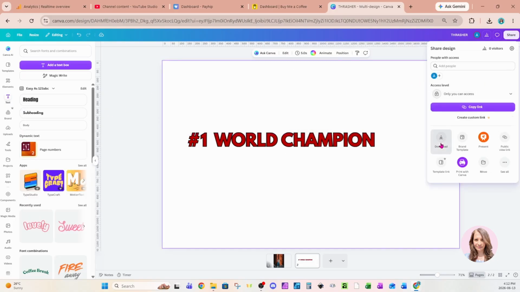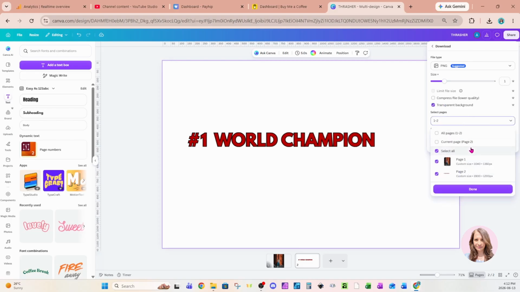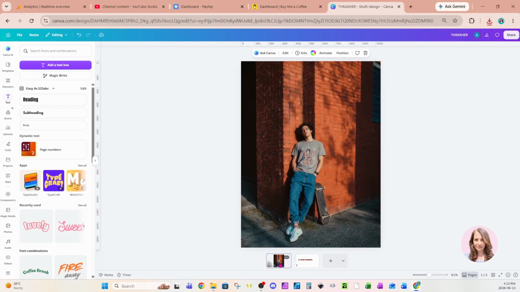So I'll come to Share, Download. I want the image to be transparent, and I only want page 2. I'm going to go back to my page 1. I'm going to click on that image. We're going to go to Edit, and we're going to separate the boy